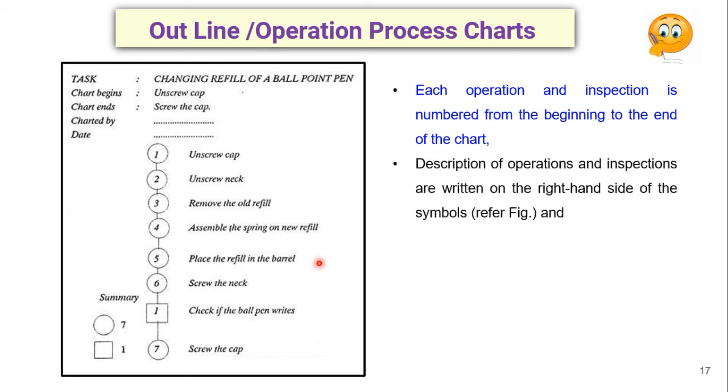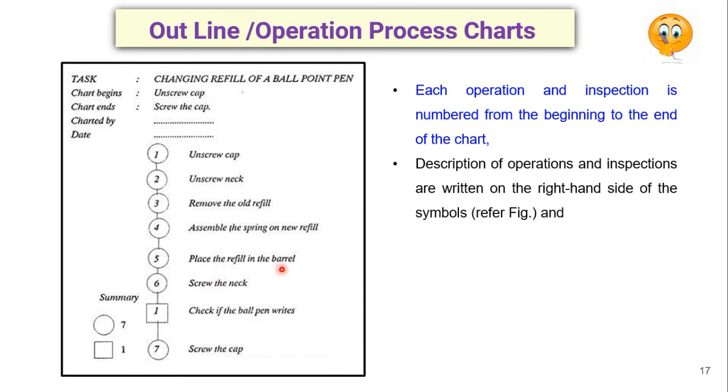Okay, so the description of operations and inspections is written. First operation, unscrew the cap, we'll number it 1. What is the second? Unscrew the neck. What is the third step? Remove the old refill, assemble the spring on a new refill,